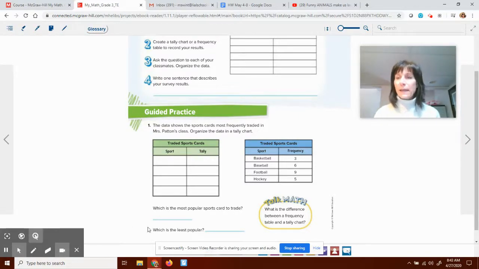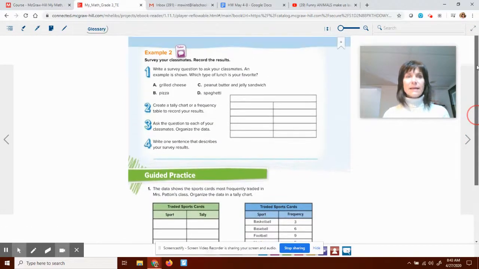So on the next page, we have at the top, it says, Example 2, survey your classmates and record the results. Write a survey question to ask your classmates. An example is shown. So the example is just simply, which type of lunch is your favorite? So you would go ahead and you'd ask your friends, and